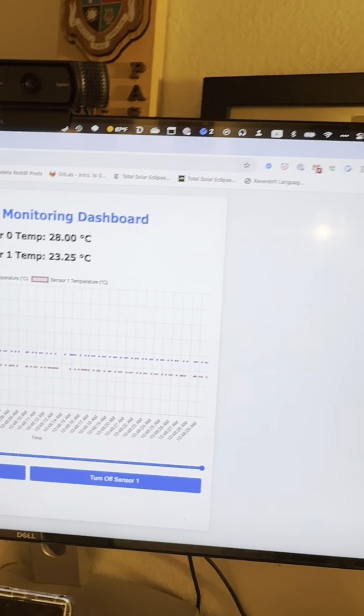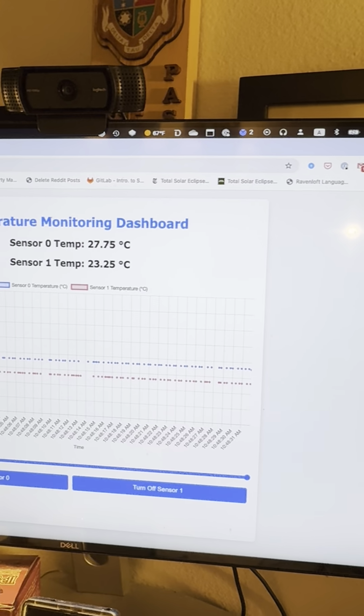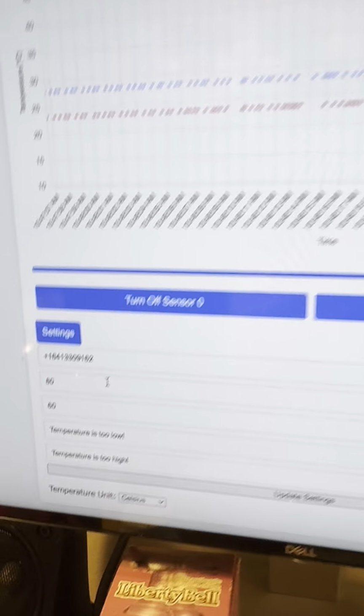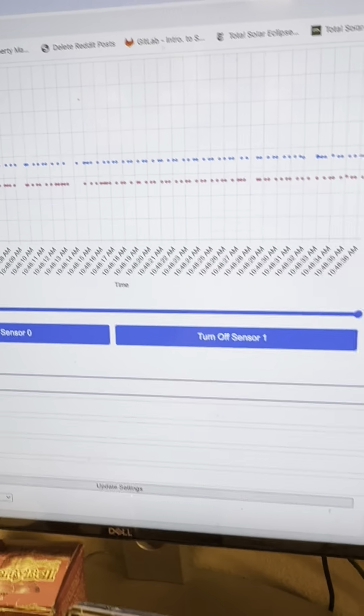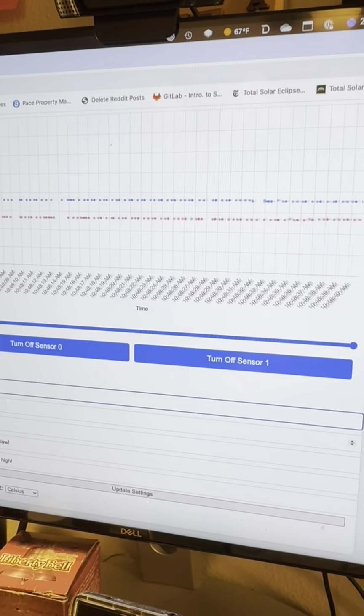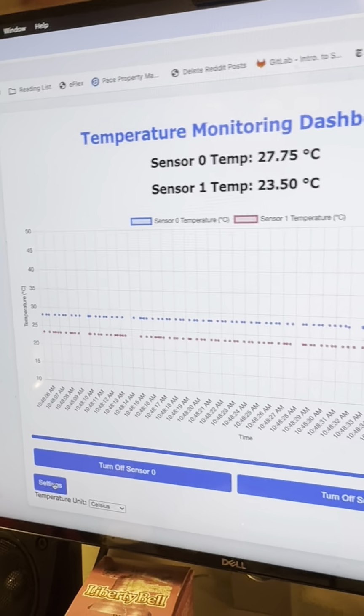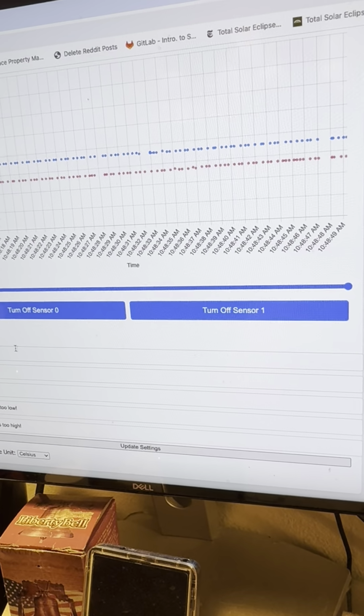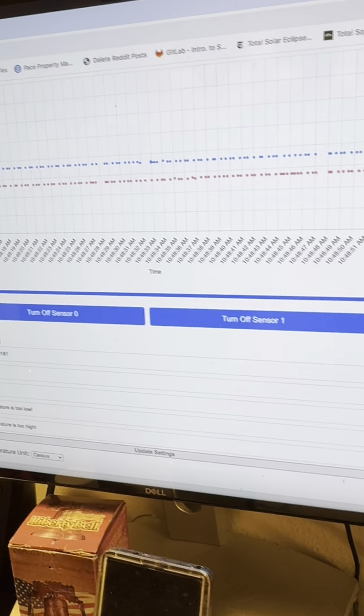Oh, in the settings, that's the last bit on here. That's my phone number. So these are the default variables. This is my phone number, and if I change it, the settings does a fetch. So if I just click settings, it pulls up 962 because I didn't submit it. So that shows that it's pulling from somewhere. So if I update settings like that,